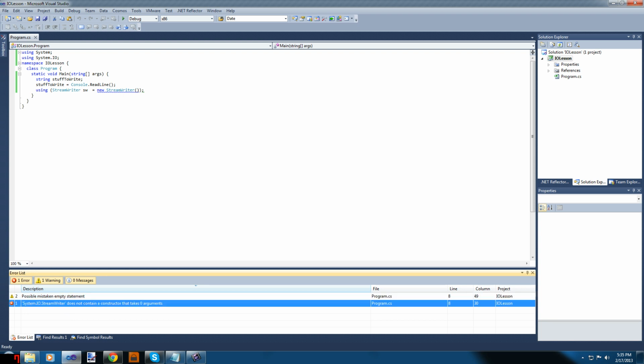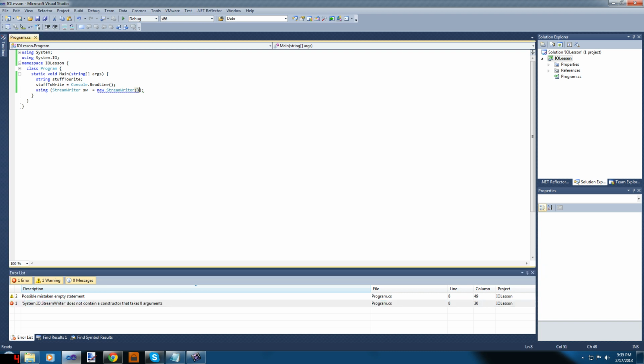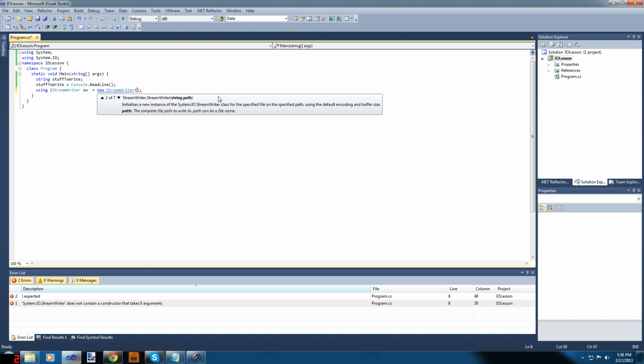System.IO.StreamWriter does not contain a constructor that takes 0 arguments. StreamWriter can contain multiple things. You can pass it a stream, which I'll get into later. But a stream basically is something where you can write data or read data from. You can write data to a stream, you can read data from a stream, whatever you want. In this case, our StreamWriter writes data to a file. So we have to tell this what we want to write to. We could write to a stream,